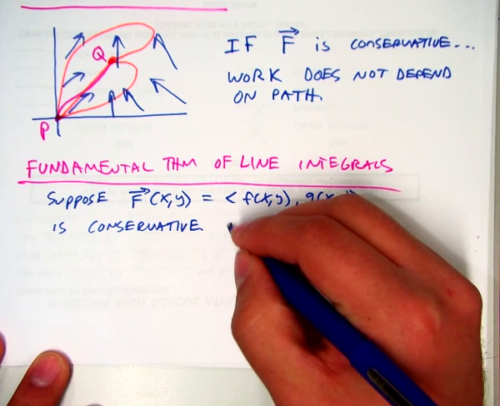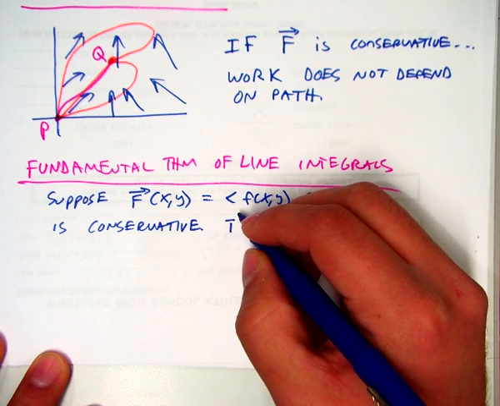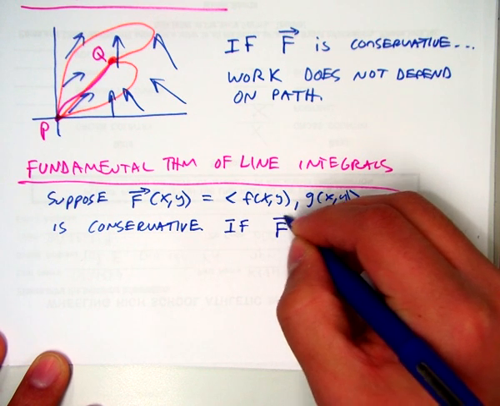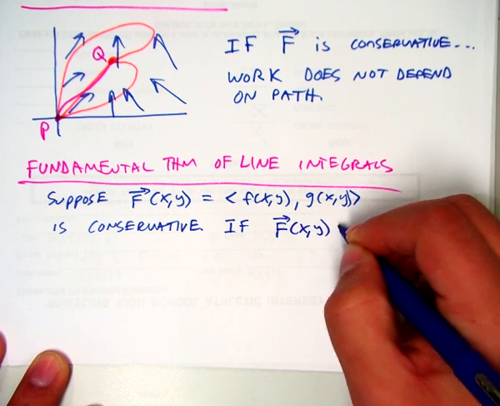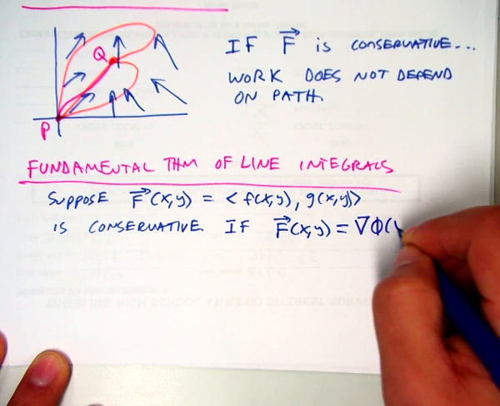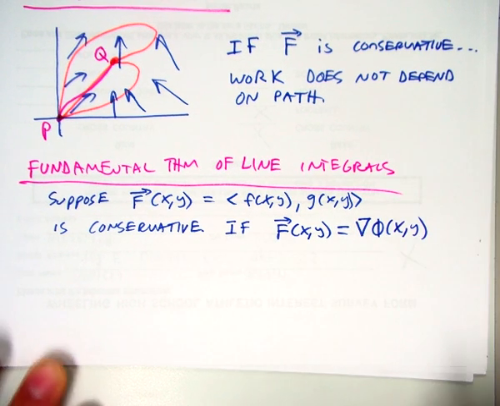If the vector field F of x, y is the gradient of some potential function, which is what it means for it to be conservative,